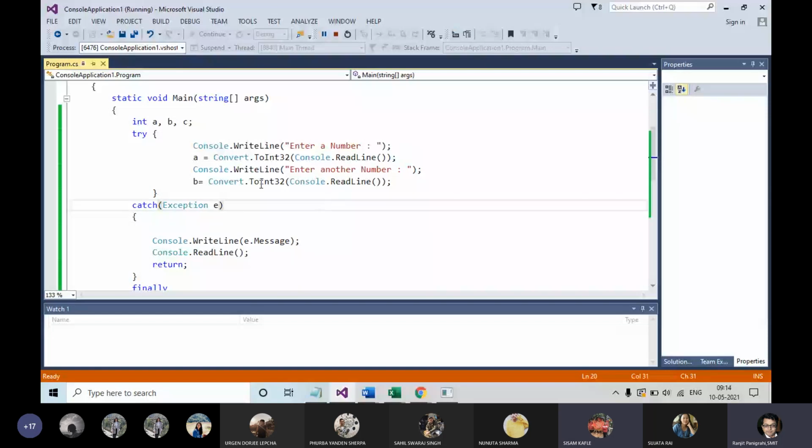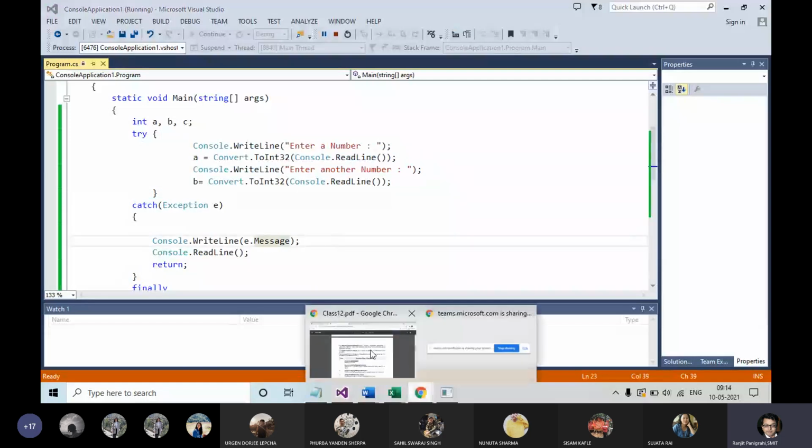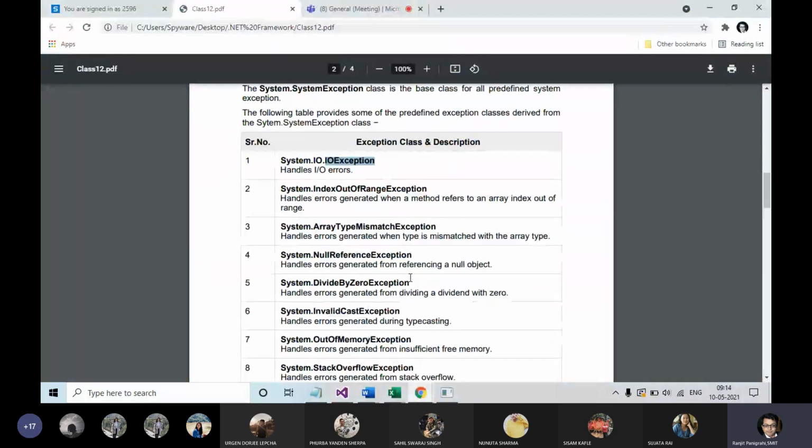So you are creating an exception object over here, and it has been taken care of by the catch block, and you are displaying the message. Now you see, here we have different exception classes for specific situations. So for example, IOException handles input output errors.